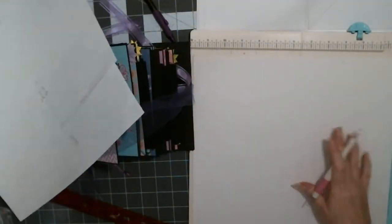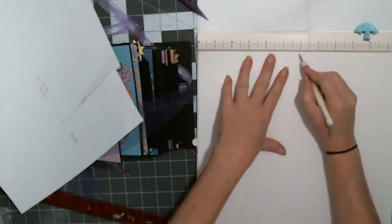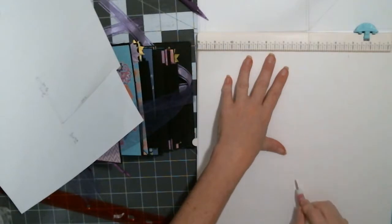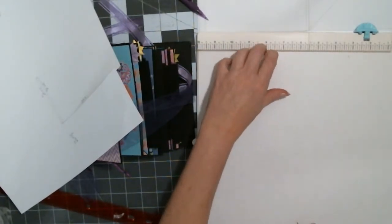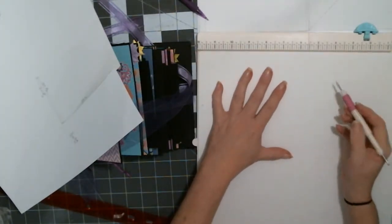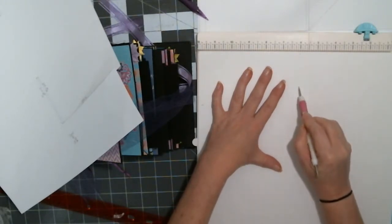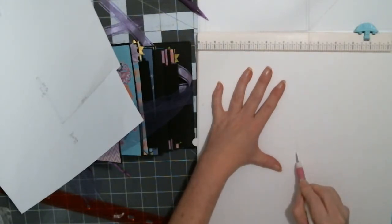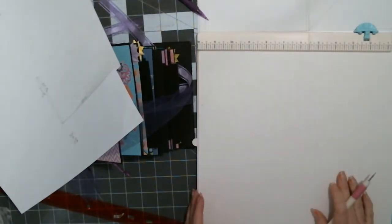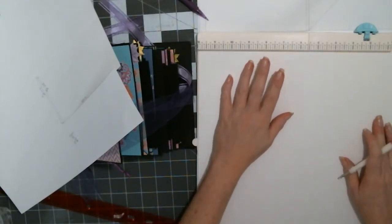So we're going to put our paper inside. So first off, we're going to score at 6 inches. Okay? Then we're going to turn it around. And we are going to score at 6 inches just from the top to the half of the page at 6 inches. Okay? We're going to flip this around,